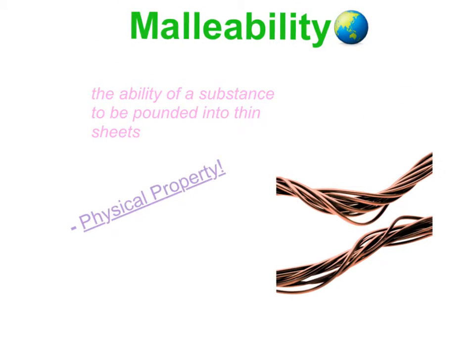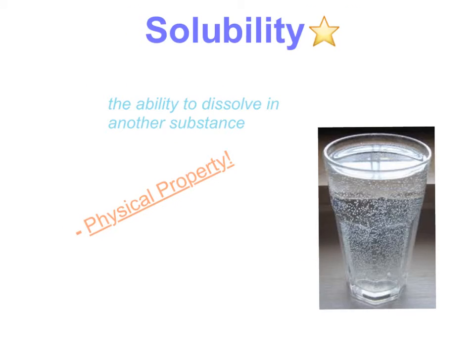Malleability is the next term, and this is the ability of a substance to be pounded into thin sheets, and this is a physical property because it is changing. And here is an example of the thin sheets. It's wire. The next vocab term is solubility, and it is a physical property, and the definition for this is